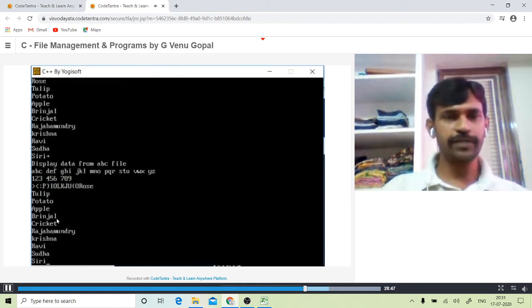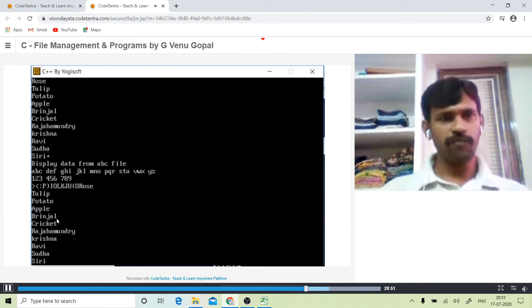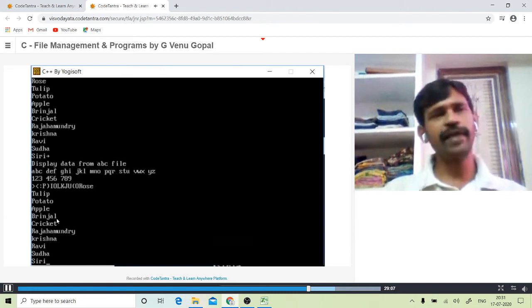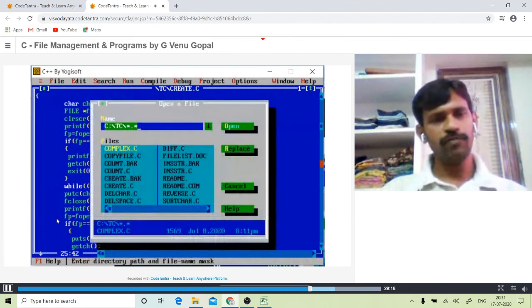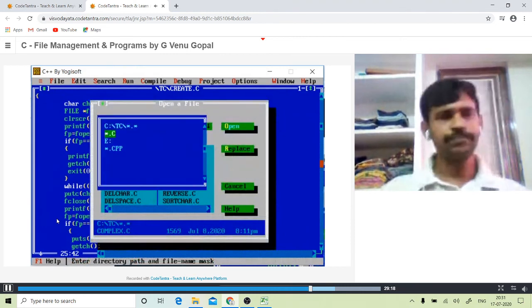So here, look at that. First, we have entered 4 lines of data already in the same file. Now, more contents are added to the end of the file. So at the end of the file, roses is added. Then the remaining are created line by line. Since I have pressed the enter key at the end of every line, the data are written in line by line mode. So this is the way the program works. Now let us see one more program called copying the contents of one file to another file.